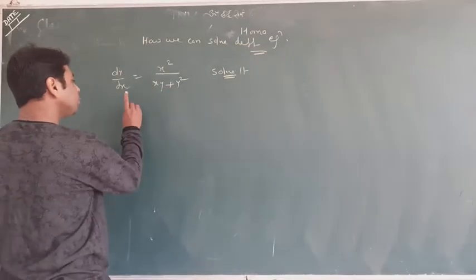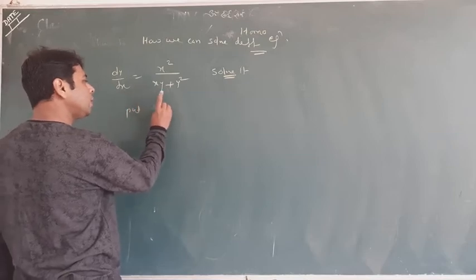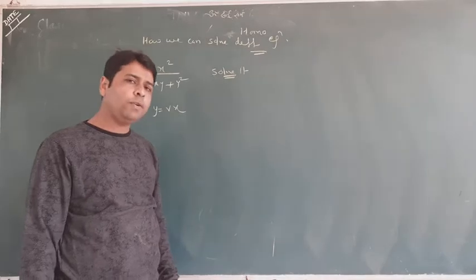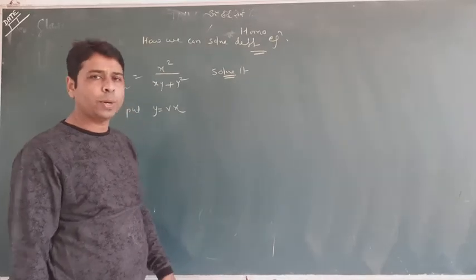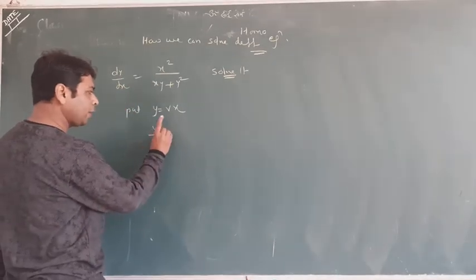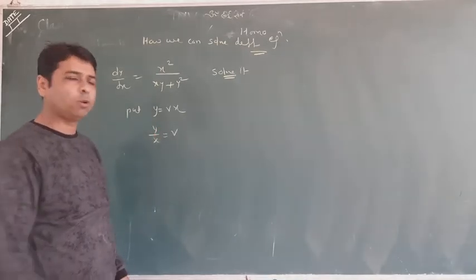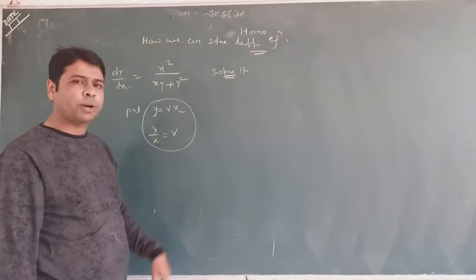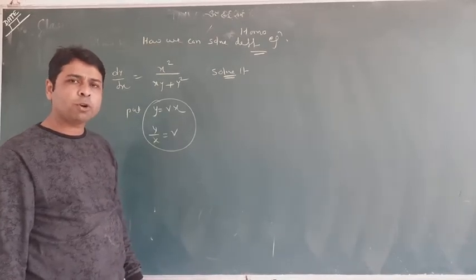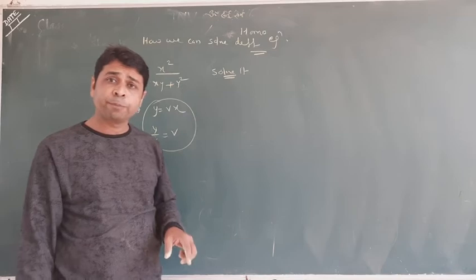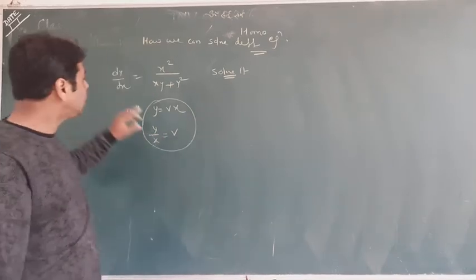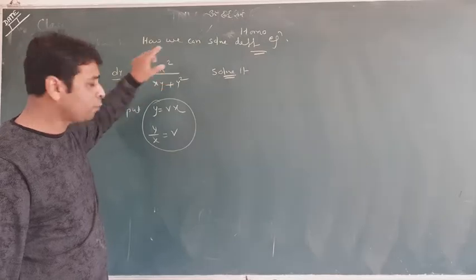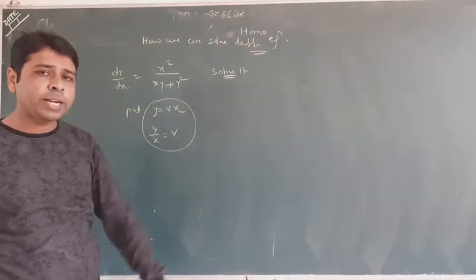For this question, we put y equal to vx, or one can say y by x equal to v. Both cases are the same, no matter at all. v is a function of x that we have taken. y equal to vx is a good substitution. Keep remembering, whenever dy by dx equal to a homogeneous differential equation is given, we always take y equal to vx.